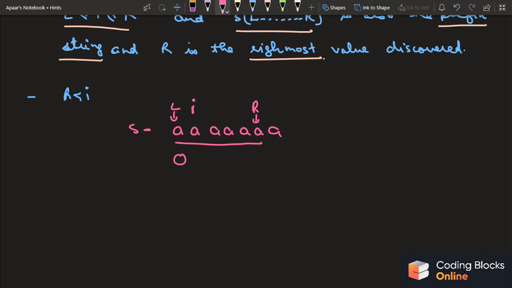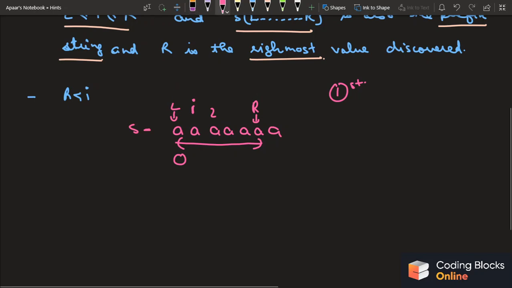Because this whole string of 6 A's is also this substring of 6 A's starting from index 1, right? So now for the second index, there are only two possibilities. The first possibility is that this index lies somewhere inside the L to R that we have already computed. You have an example over here of the first possibility. And the second possibility is that this second index lies somewhere outside the range L to I.